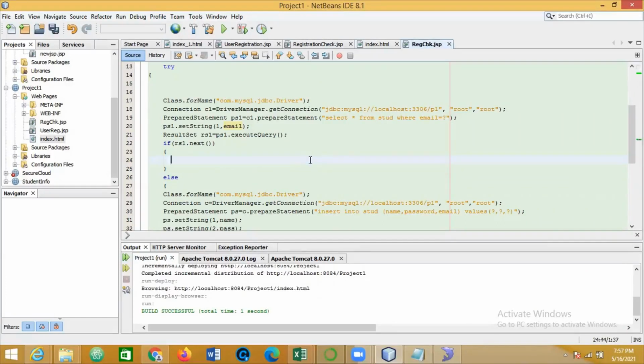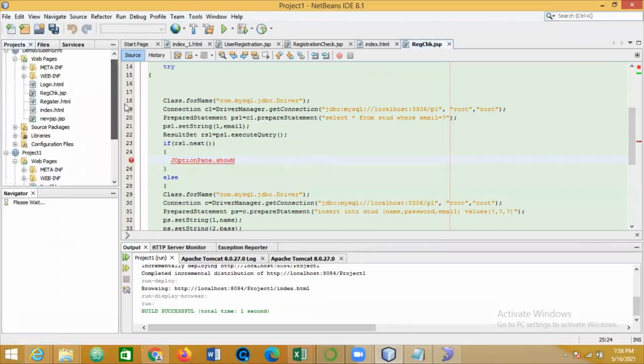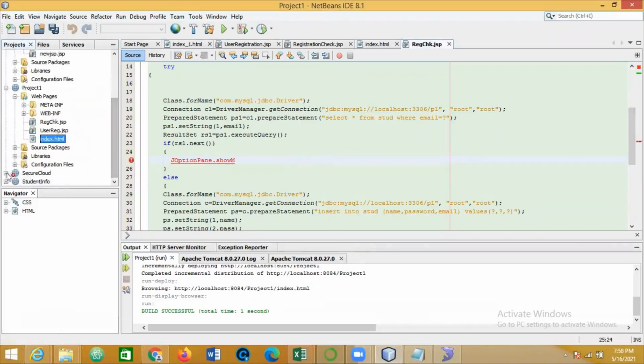Here I just use J option pane. So go to this one.